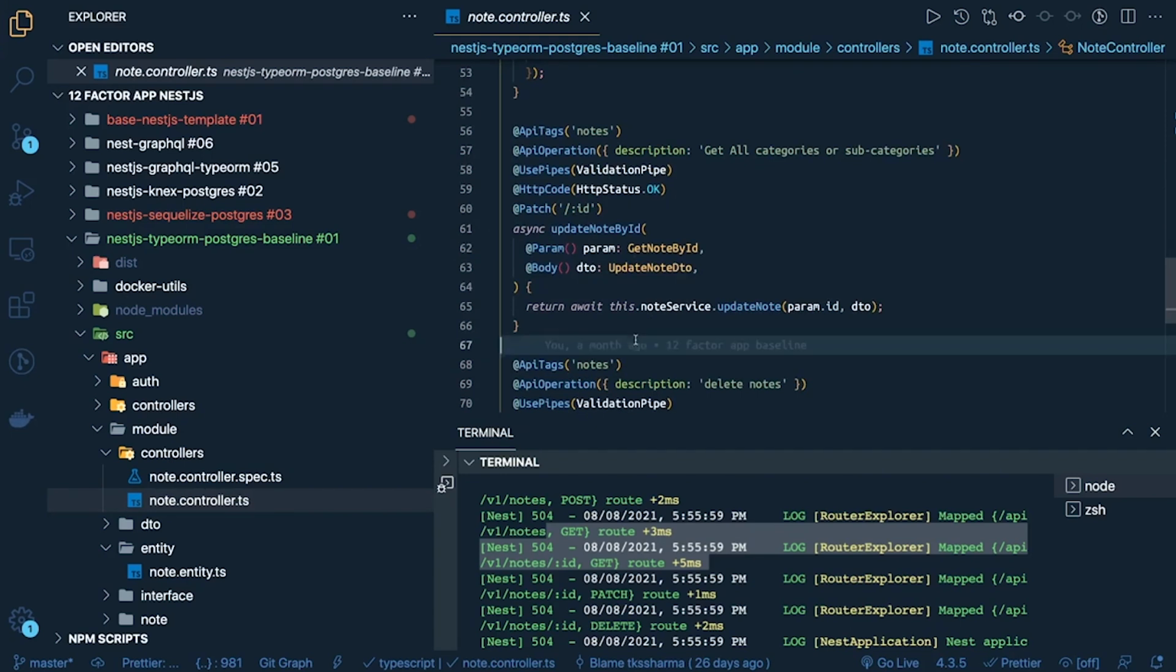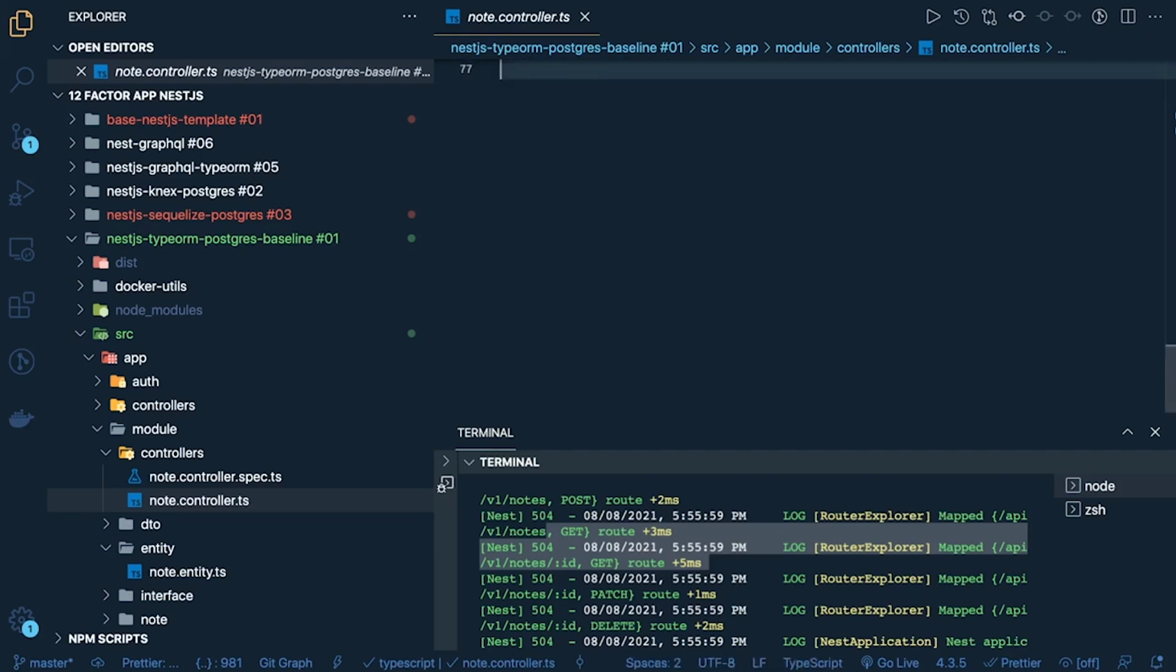Okay, next we are going to take a look at knex as a query builder. We will first look at the documentation and how to integrate knex with NestJS. So I'm talking about knex, which is a query builder,